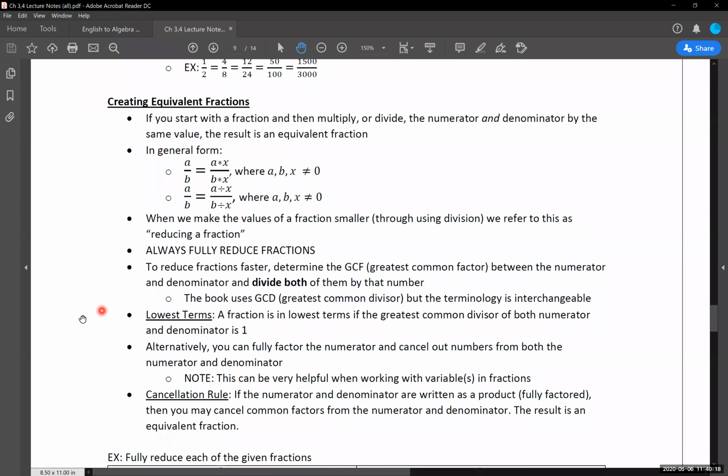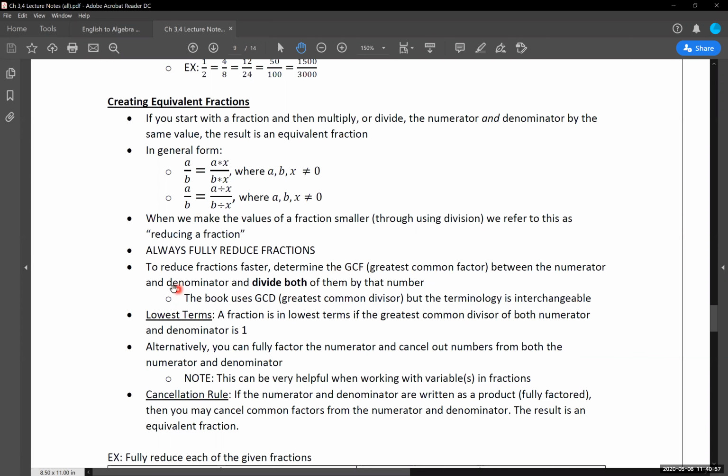So we have some examples here, some ideas on how we could fully reduce a fraction down. To do that, my recommendation is to determine the greatest common factor between the numerator and the denominator and then divide both of them by that number. We'll go through an example or two of this next class because there is a nice way we can do that. We're saying what's the largest number that goes into the numerator, what's the largest number that goes into the denominator, and divide both the numerator and the denominator by that value that you found, that greatest common factor.